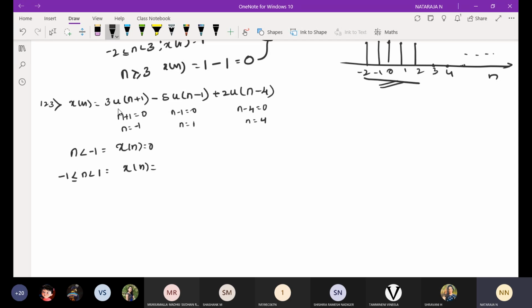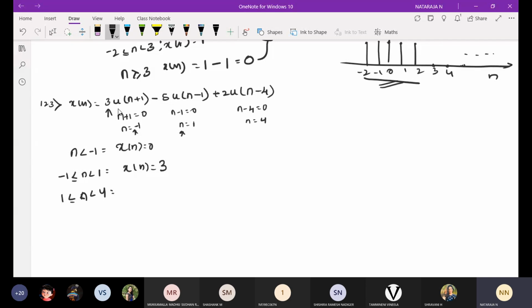I am going to consider from this point to this point, the amplitude of the first signal. Just consider 3. The amplitude of this first signal will be 3. Next, from the second signal to the third signal, the range will be 1 less than or equal to n less than 4, and the next signal will be 4. That is equal to what I need to do.